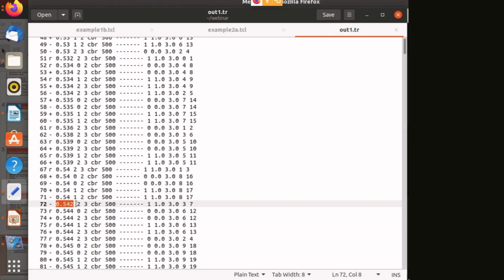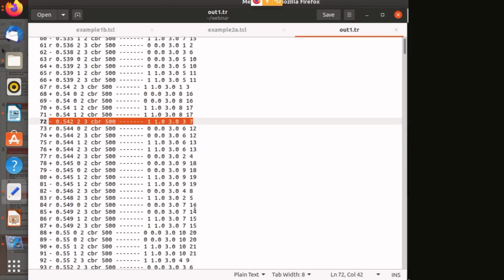It may increase with the increase in the number of packets in the queue. So now what will happen? Oh, sorry, actually I mistakenly said node ID. It is the packet ID. Sorry for that. This is packet ID 7. Node IDs are these 2 and 3. 2 is the sender, 3 is the receiver. 7 is the packet ID. So here it is getting enqueued.